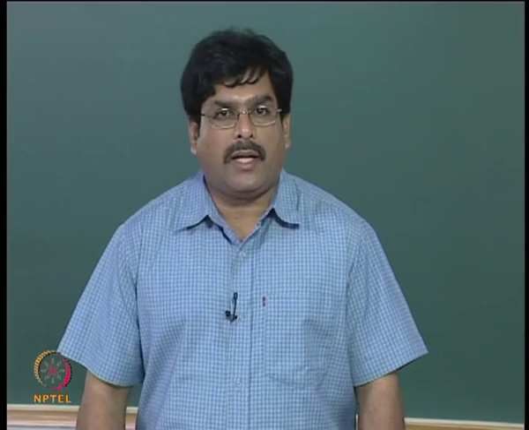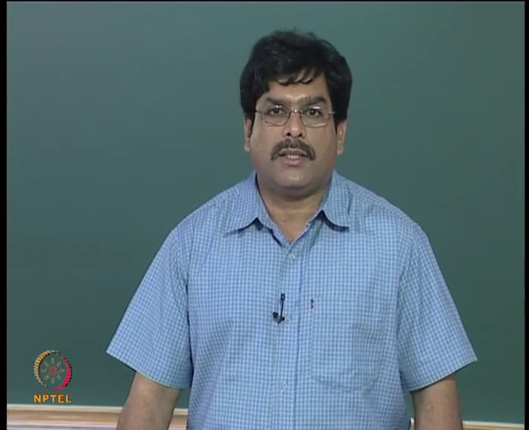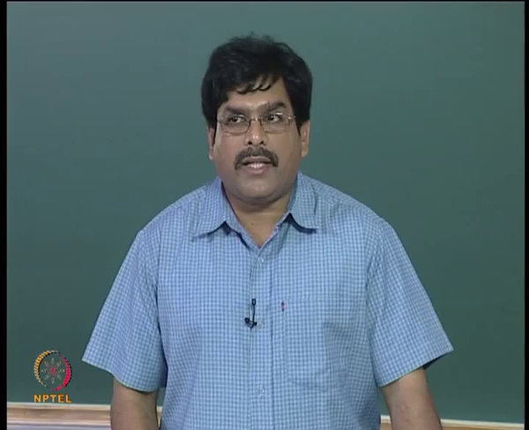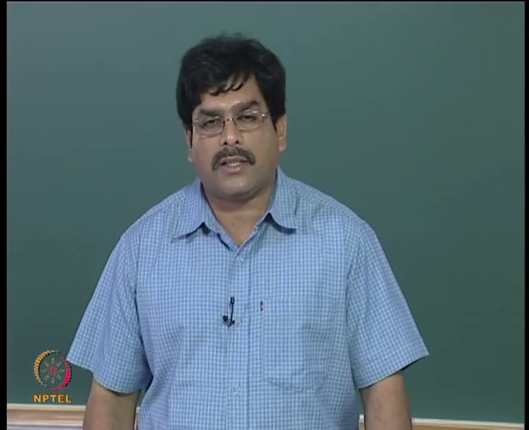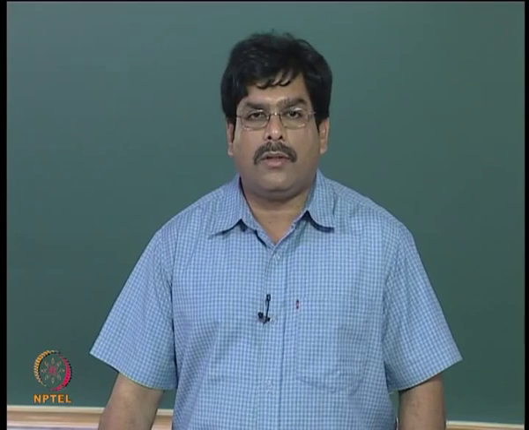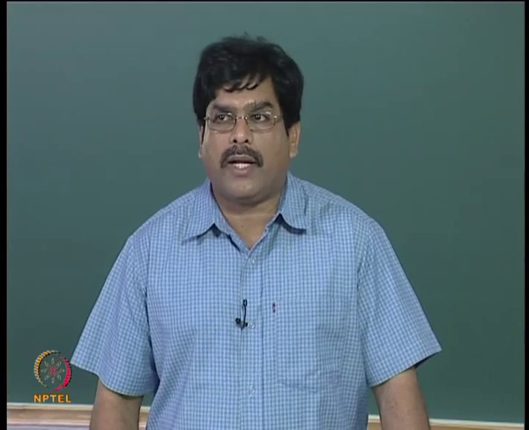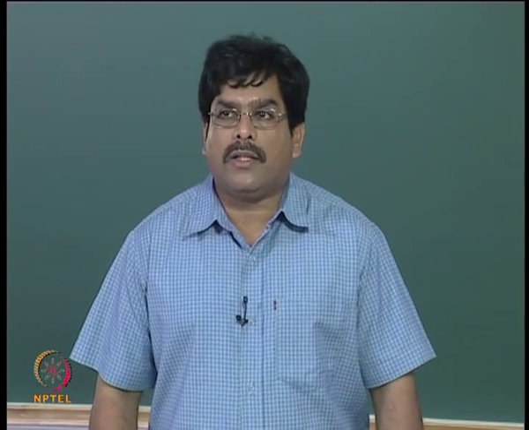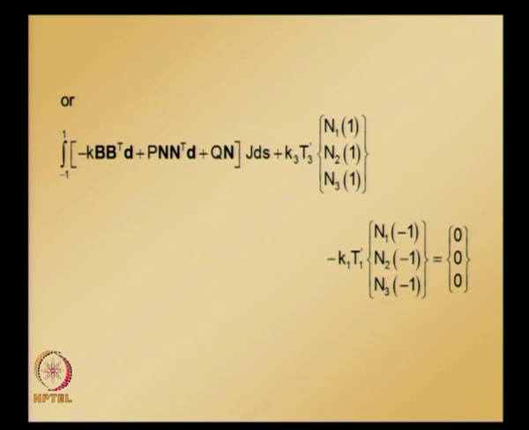shape function N1 is going to be 1 when it is evaluated at s is equal to -1, and shape function N3 is going to be 1 when it is evaluated at s is equal to 1, and N2 is going to be 0 for both s is equal to minus 1 and s is equal to 1. So, noting all these things, we can further simplify this, and we get this one,